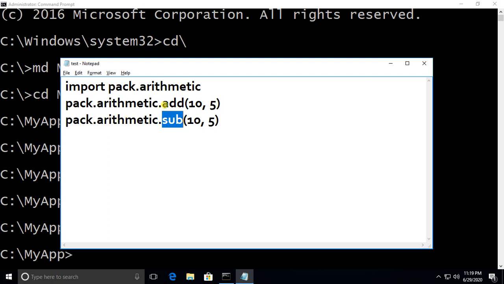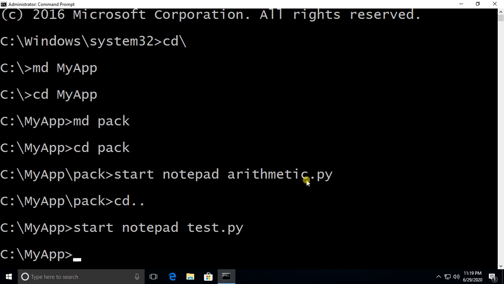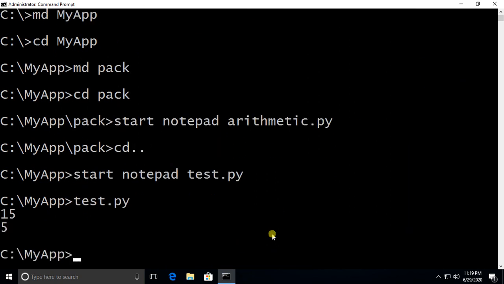Now addition and subtraction functions of arithmetic module we are accessing in this module through package. File, save. Now you can execute test.py. See, 10 plus 5 15, 10 minus 5 5.